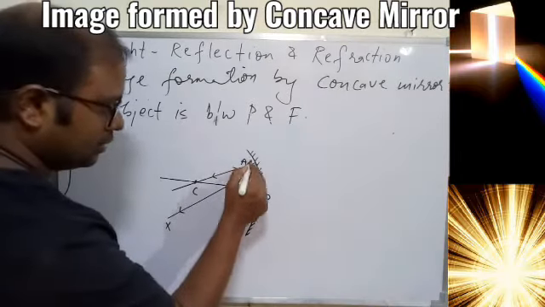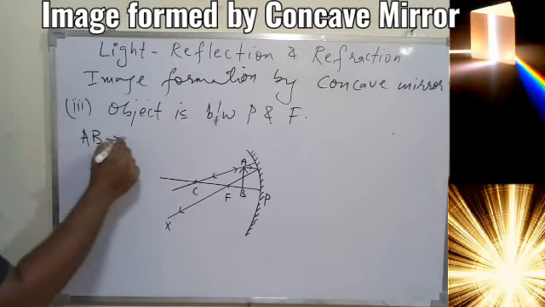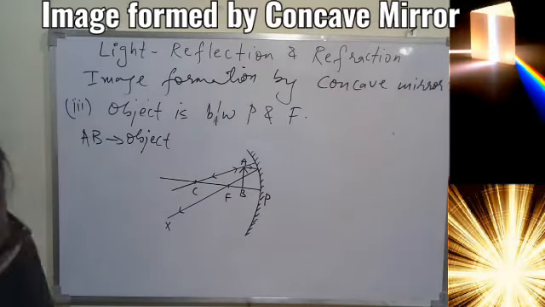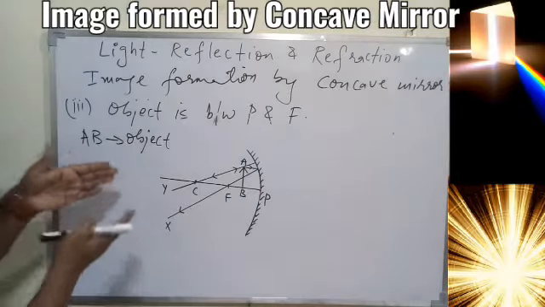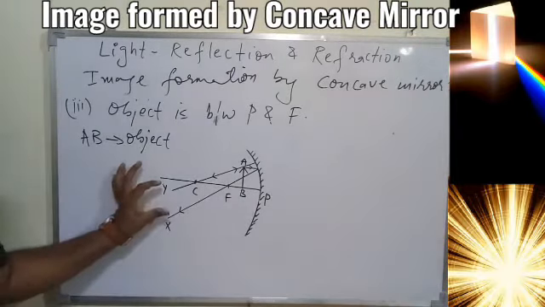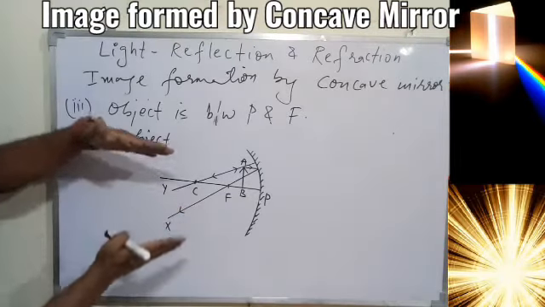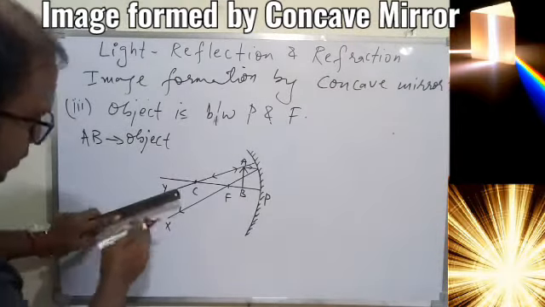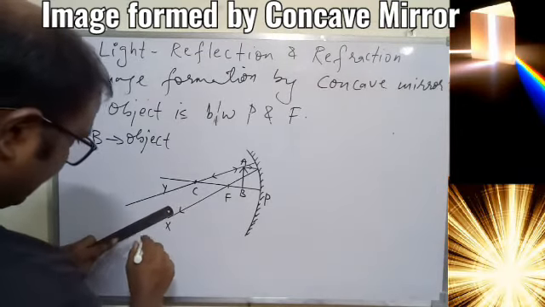So this is your A and B object again. So AB is your object, and let's see where is the image. Now what you see here, this is your Y. So X and Y are two different rays of light coming from the same point, but here what you see, in front of the mirror, the rays of light are basically diverging from each other. So you can see they are moving apart. So it is understood, if you extend the line forward anywhere, I'm making a rough diagram, okay.